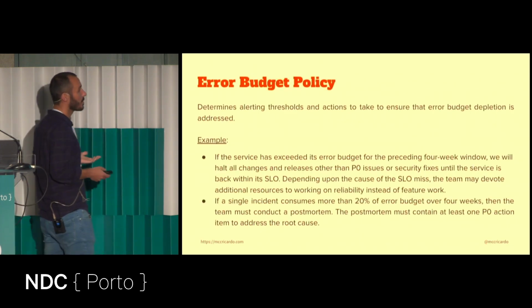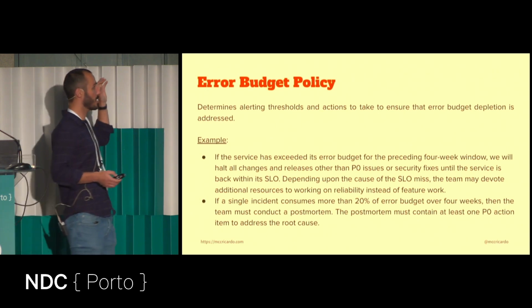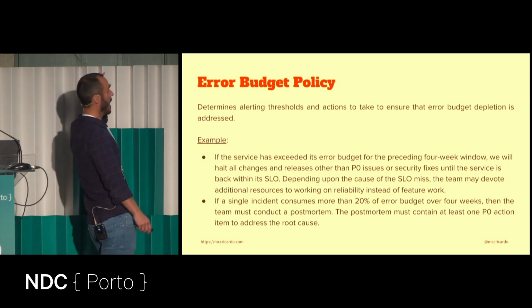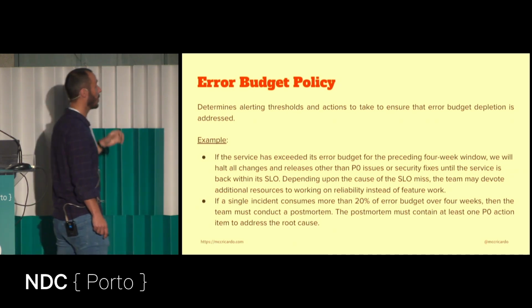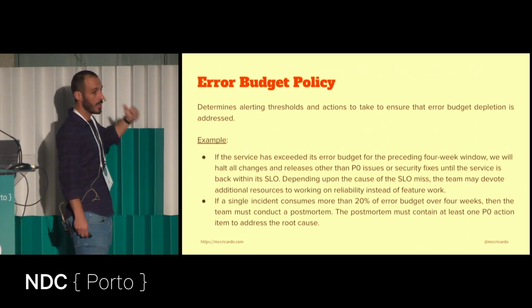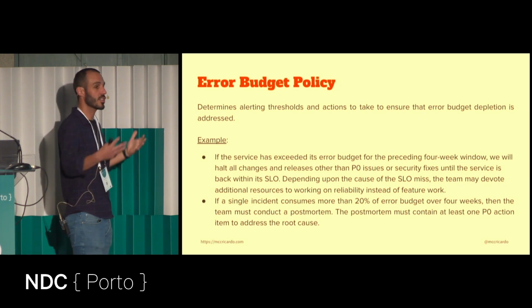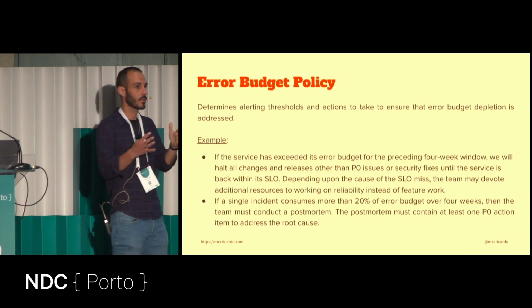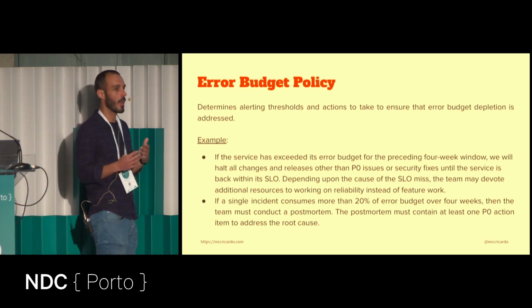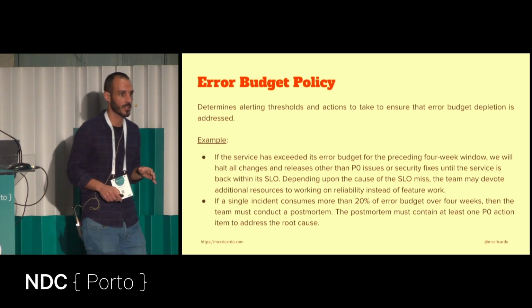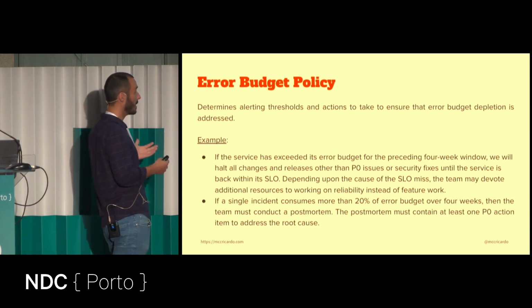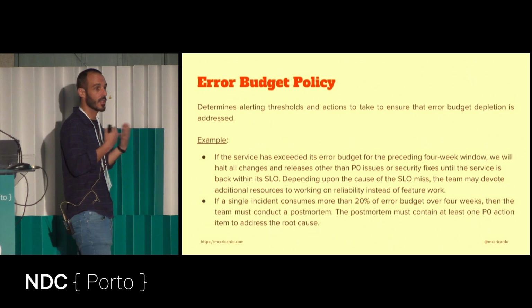And the last concept that we're going to see is the concept of an error budget policy. This is, for me personally, one of the most interesting concepts because it builds on top of everything that we've discussed previously, and it's actually a pre-definition of what you will do when you have trouble, right? So this is something that we see a lot in literature, saying, okay, if all my error budget is gone, I won't deploy any features. So this is the most common example. And again, this will be highly dependent on your context,